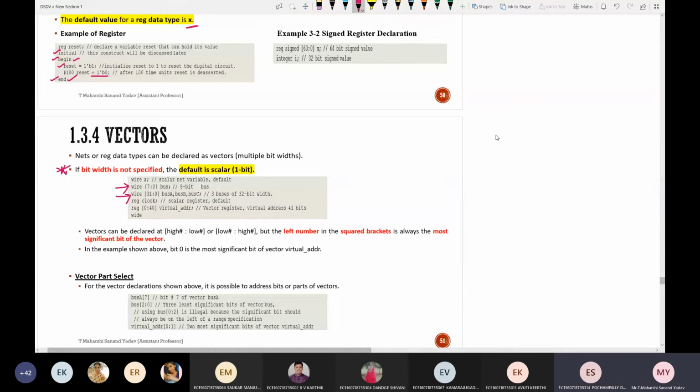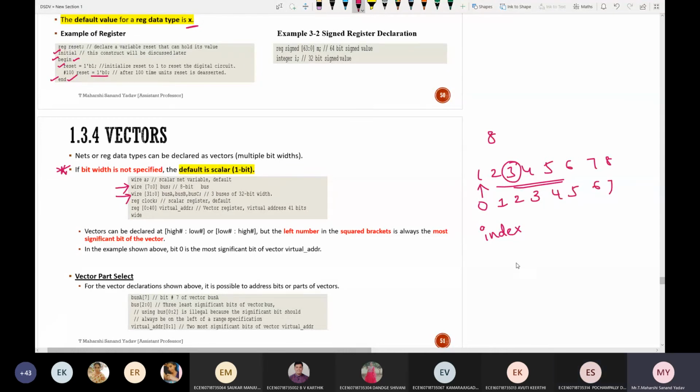Suppose I take an array of size 8, and within that I want to select the third bit. How should I do it? I will take 1, 2, 3, 4, 5, 6, 7, 8. If I consider this as an array and want to select this particular bit, how should I do it? Have you heard about the term index? What is the index value for this? 0. This is 1, 2, 3, 5, 6, and 7.